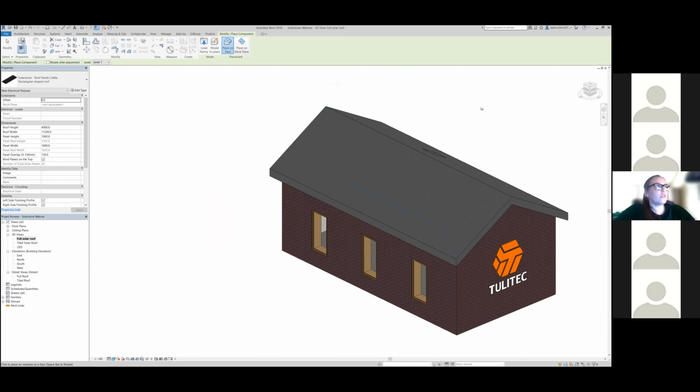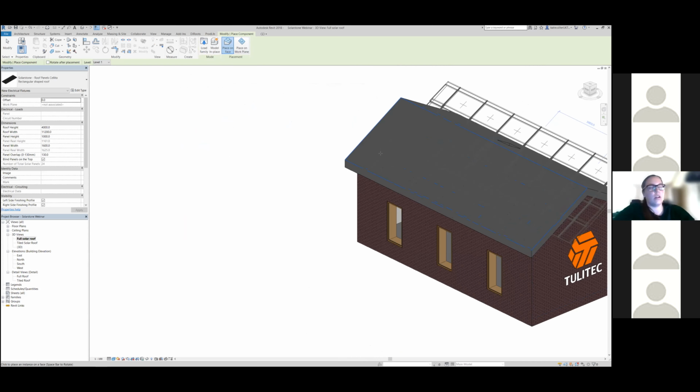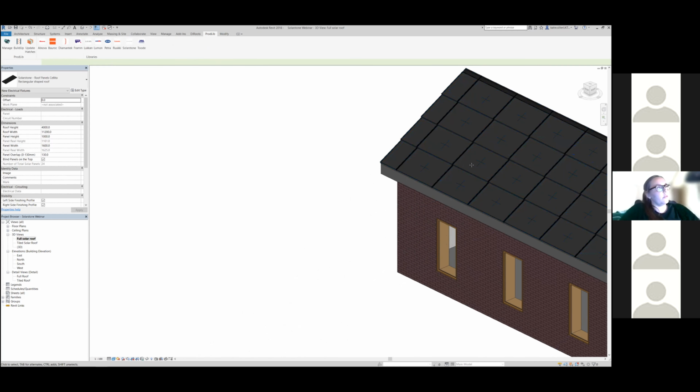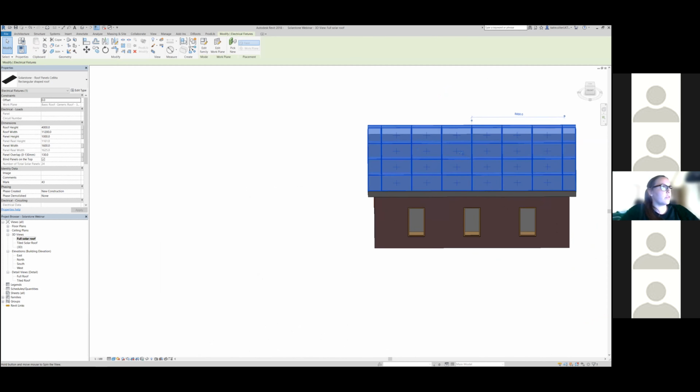The family is host based, so you can't put it anywhere. You have to put it on roof or on wall. But since we are talking about roof, then I'm putting it on the roof. And you can put it in 3D view or in the plan. It depends where you want to do that. So I'm using 3D and searching the left corner of the roof. So there it is. I already see that I didn't put correct height